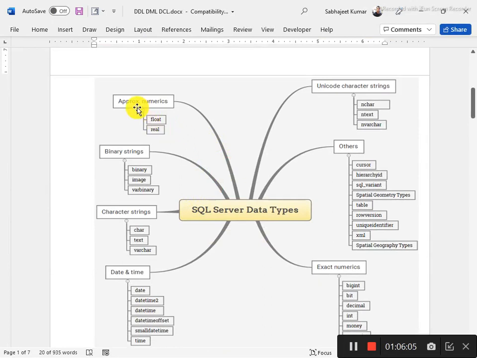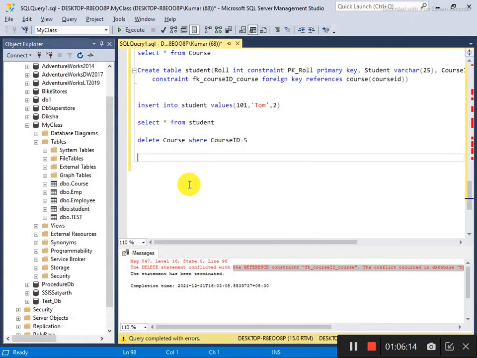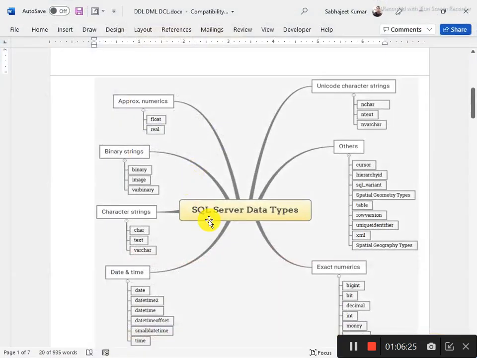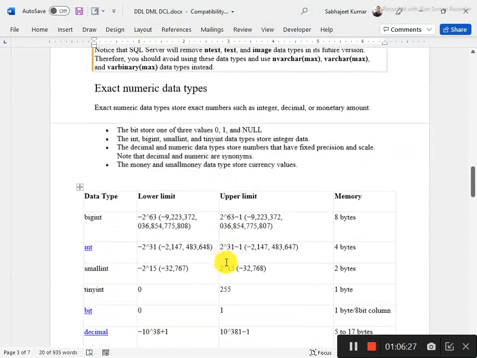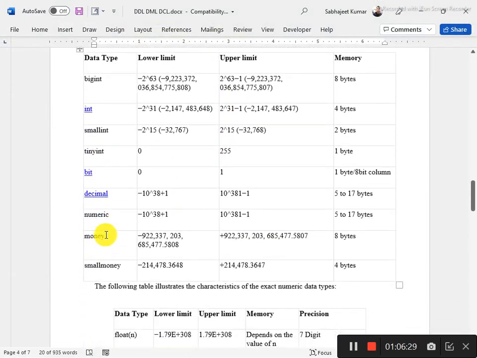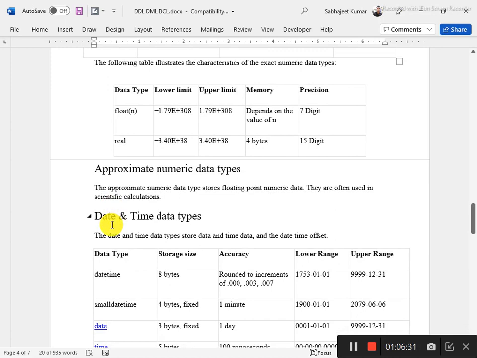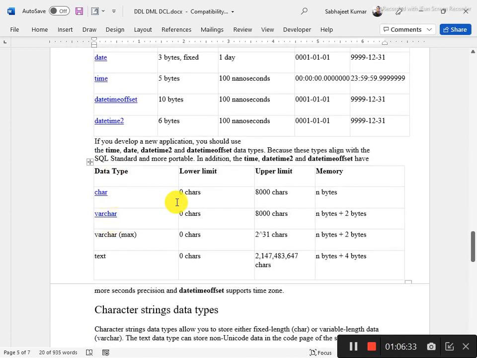Data type has categories like approx, numeric, float, real. The main data types are char, text, and varchar. The only difference is, if I say create table test, and here name, if I say char, its size is defined here, how much space it occupies. Char can store a maximum of 8000.